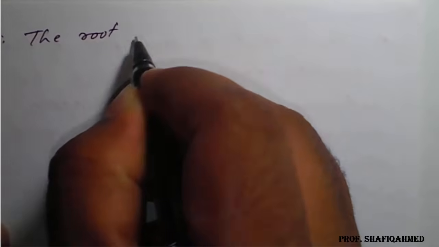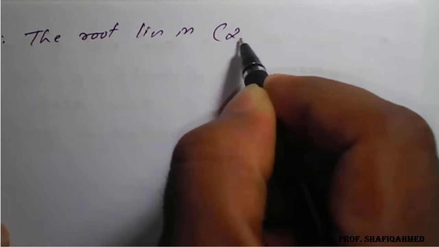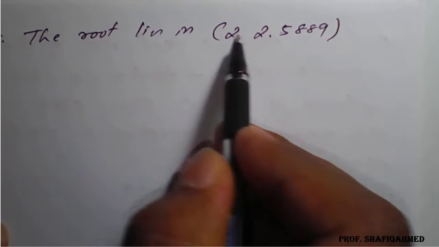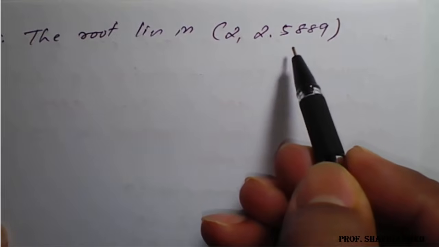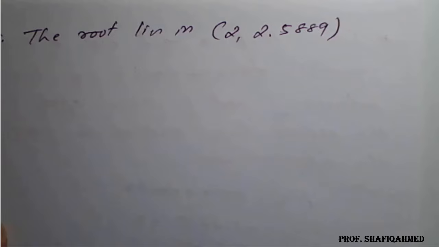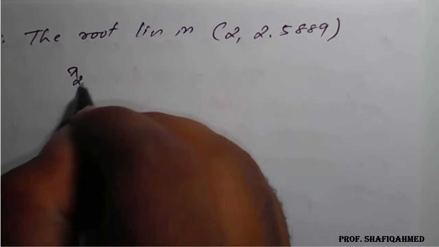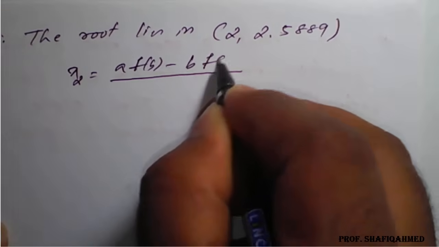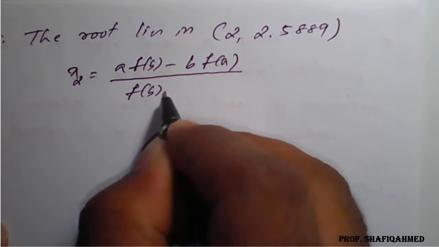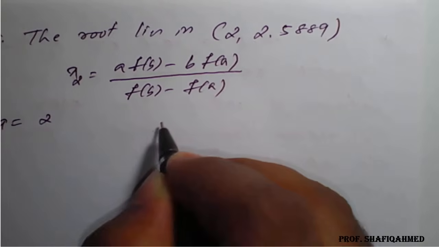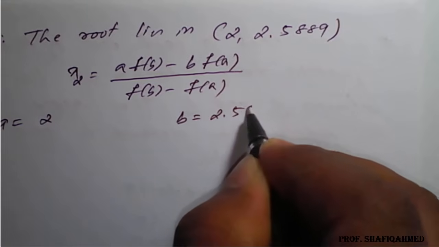So therefore the root lies in 2 and 2.5889. This is the negative value, this is the positive. So we got a positive answer, which means we have to update the positive. Once we get this, we need to go back to the formula, that is x2 is equal to a f of b minus b f of a divided by f of b minus f of a. Here the a value is as it is, 2, the b value is fresh, that is 2.5889,